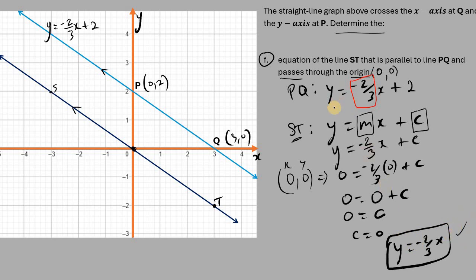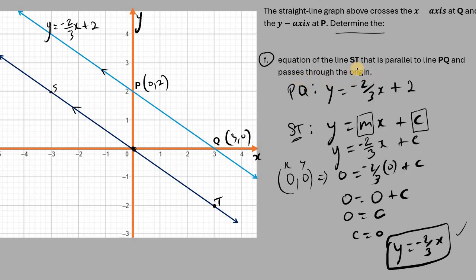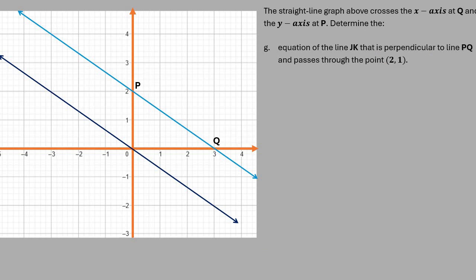So sometimes CXC does that. They say the origin. You just have to remember that the origin has coordinates 0, 0. They're not going to give you the coordinate of the origin. They want to see that you actually know that the origin really has coordinates 0, 0. So for the final part of this lesson, let's go now to